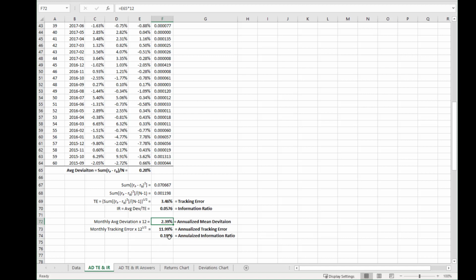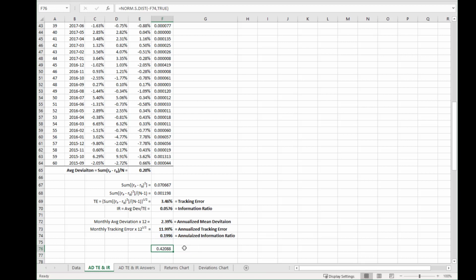And so the question is, how likely is it going forward to beat this? And I can essentially look at this kind of like a z-score. What I can do is compute equals norm.s.dist of this number. And remember, it's negative because I want to look at the distance between 2.39, 0 and 2.39. So the negative of that, comma, true,